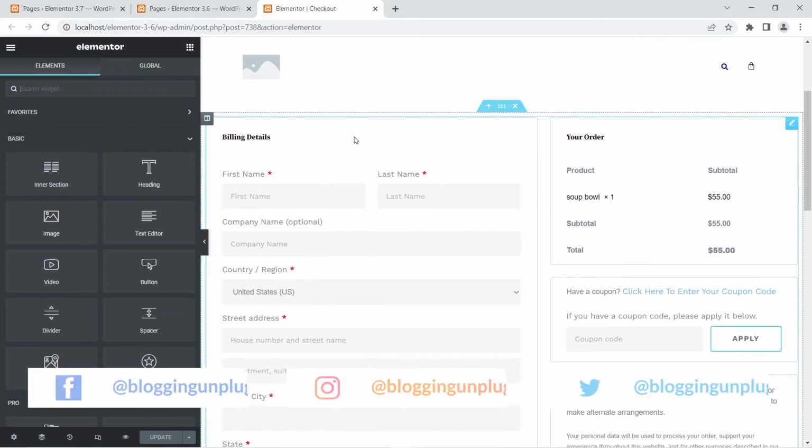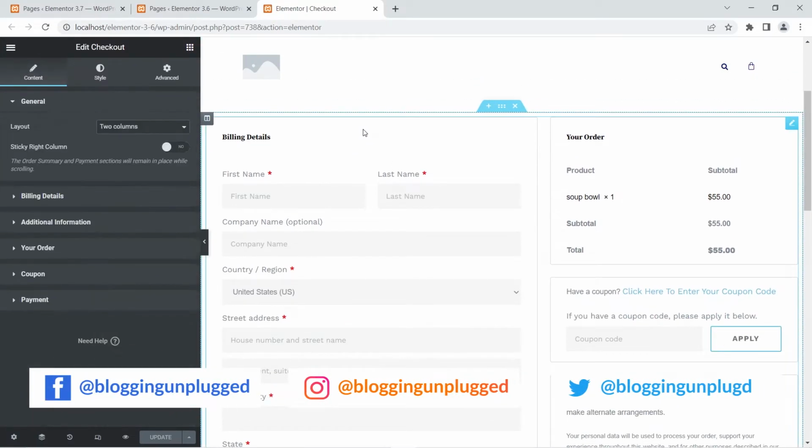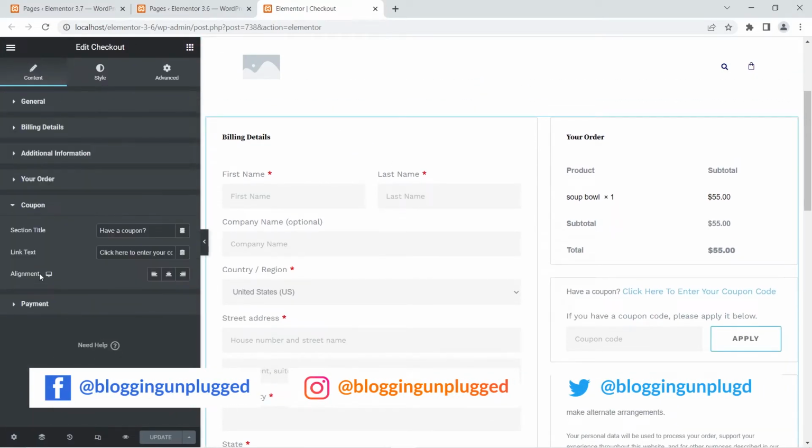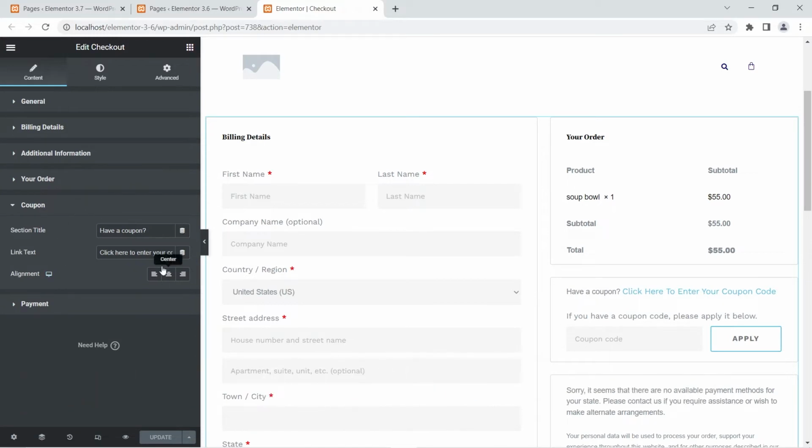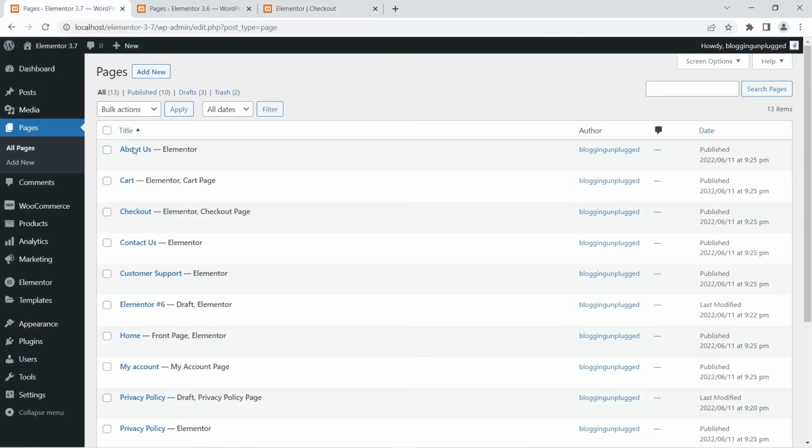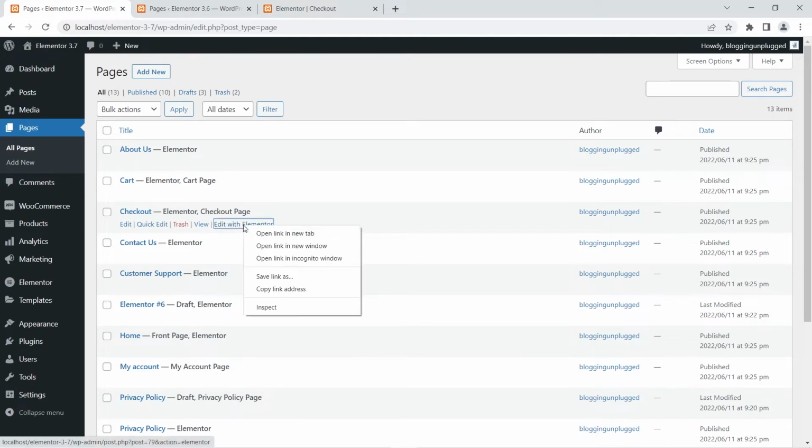Now you can see this is the checkout widget. Let me just select it and go to the coupon section, and you can see there is no option available to show or hide this coupon. Okay, now I am going to head over to Elementor Pro 3.7, edit this checkout page, move it right over here for comparison,